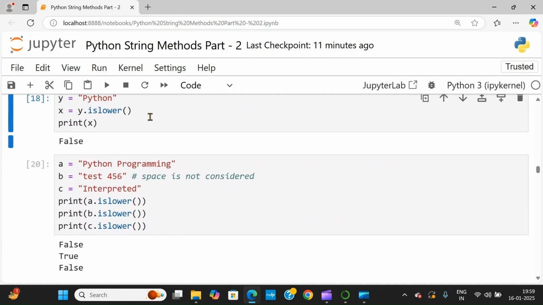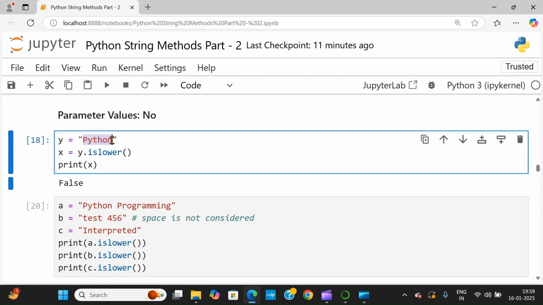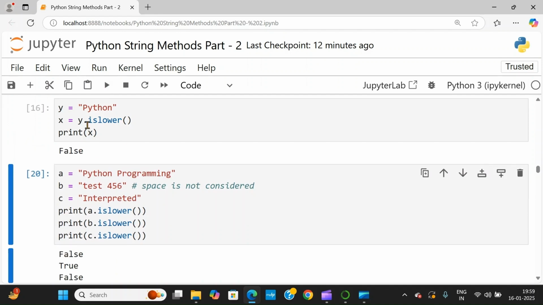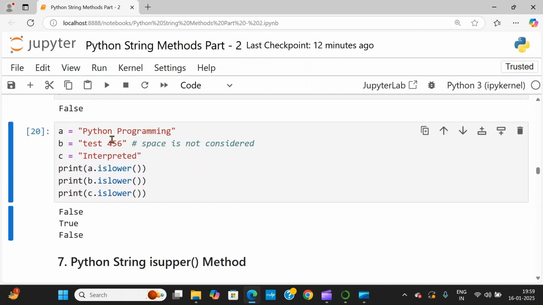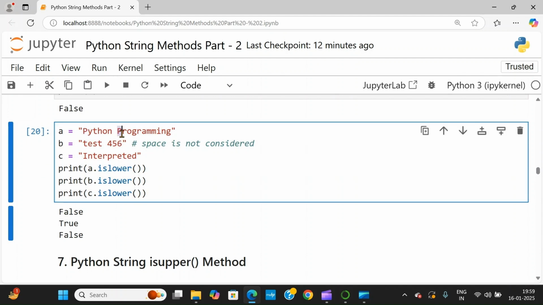Now here I've taken a string called Python and stored it in the y variable. On that string, y dot islower, I'm calling it, storing the result and printing that. Since you can see this is a capital P, it returns a false value because all should be lowercase. Now if you take another example, here also the capital is there. Now here if you can see the test is small